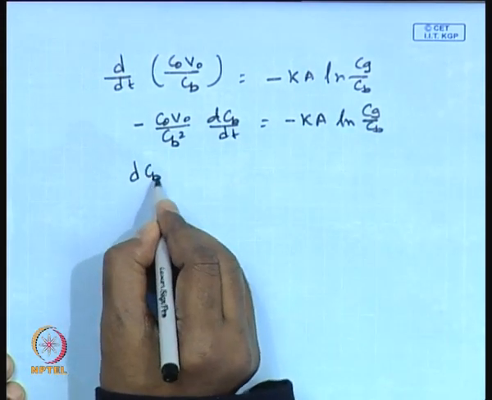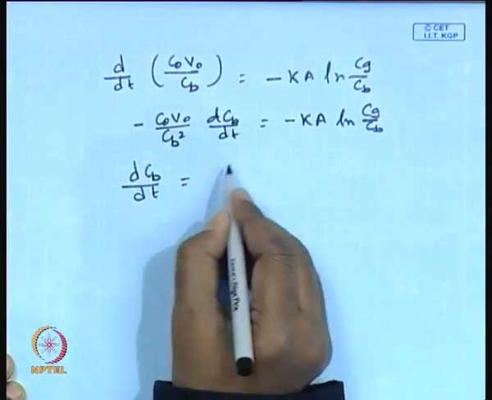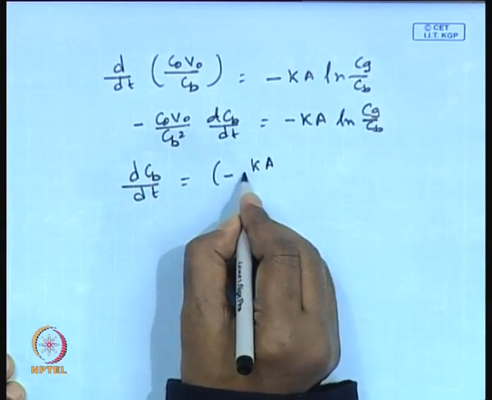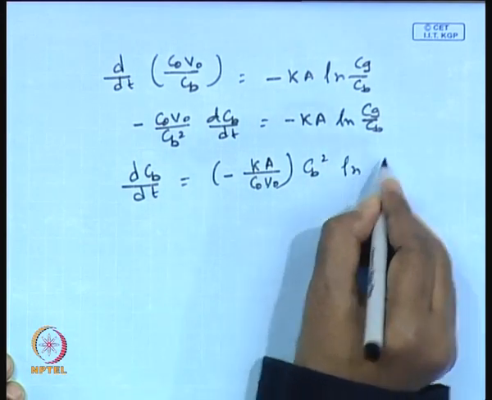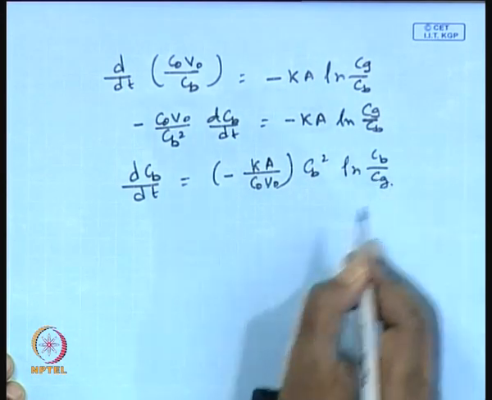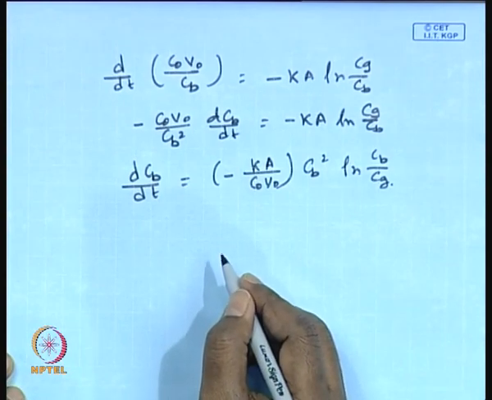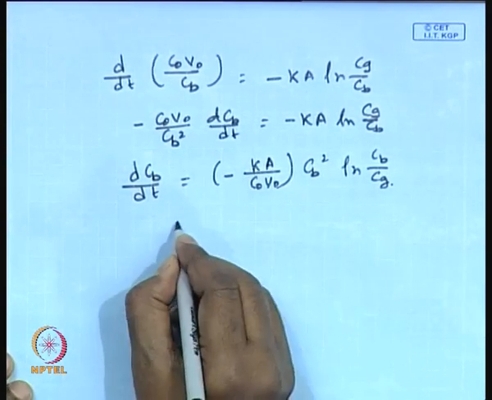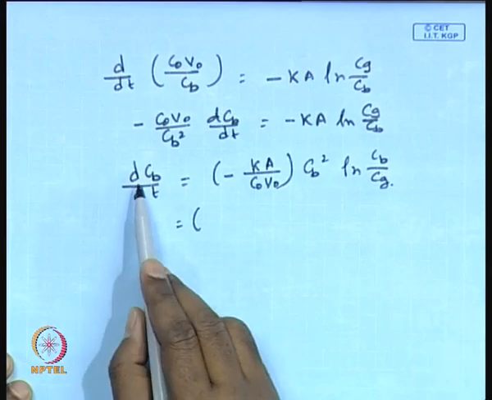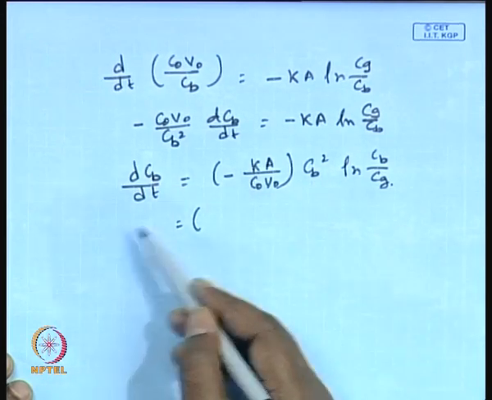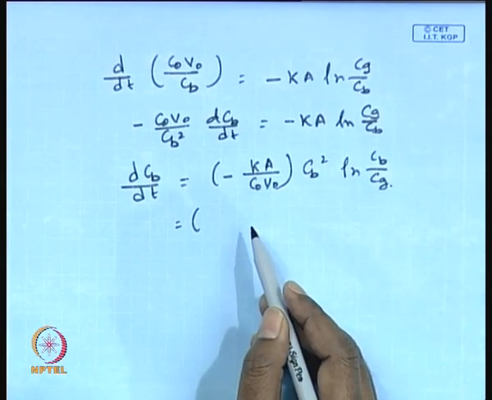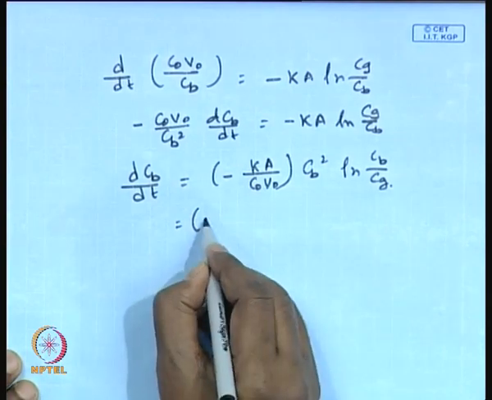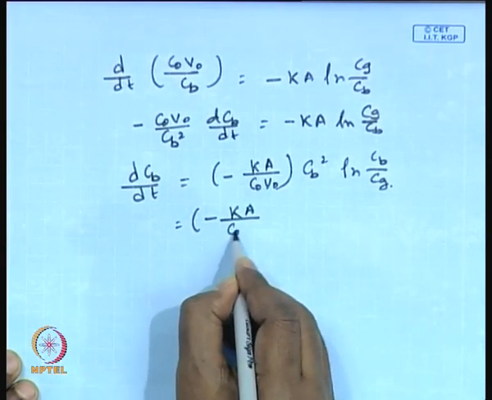So, dCb dt will be minus K times A divided by C naught V naught Cb square ln Cb by Cg, right. Now, let us see how we can simplify it, because this integration you can take Cb square in the denominator and take dt on the other side, and you can integrate, but that will give you that you require numerical integration. You do not have an analytical expression for this,